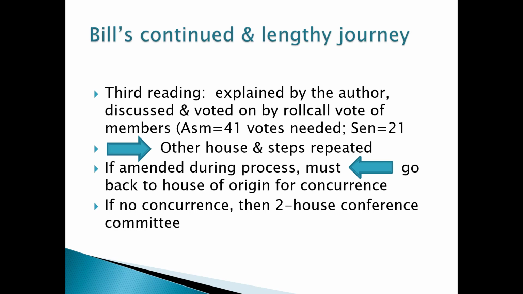If there's no concurrence, however, let's say the Senate had made some modifications to the bill, they passed it, sent it back to the House, and the House says, no, we don't like it, then there is a two-house conference committee to hopefully work out the differences. Then of course it would go through the process where the final version would again go to each house where it's voted on. So there are lots of various processes where it gets voted on, and it takes a while to work out all of the details.